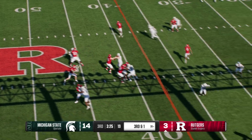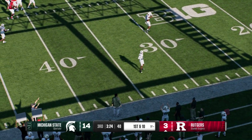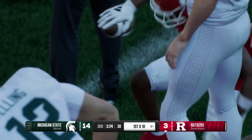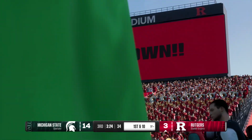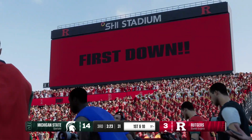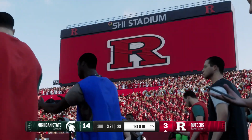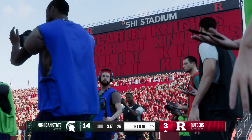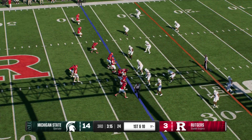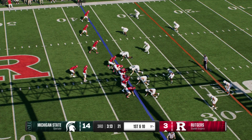They'll try to get the first through the air. Caught on the outside. It's long. He might have expected to see this DB up in his receiver's kitchen. Instead, nice little zone, and they pick up the first. Man, offenses are getting so good, Reese, at seeing the holes in the zone, knowing you're in zone, knowing where to sit down, how to make it an easy pitch and catch for the quarterback, and that's what it was